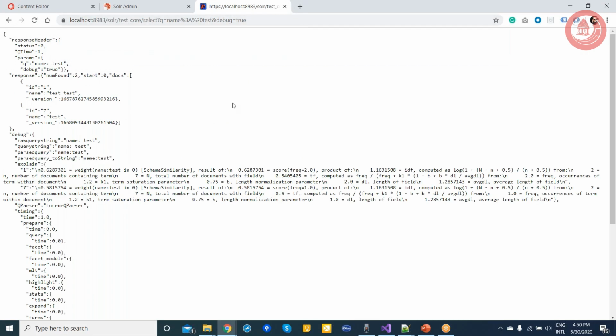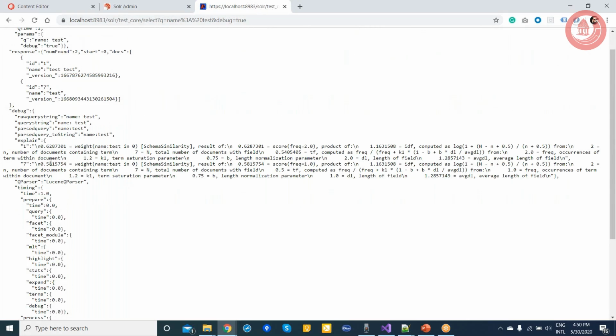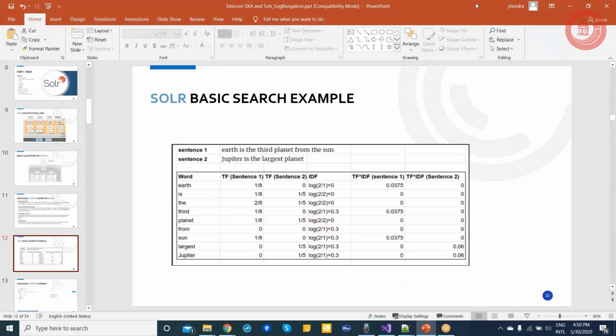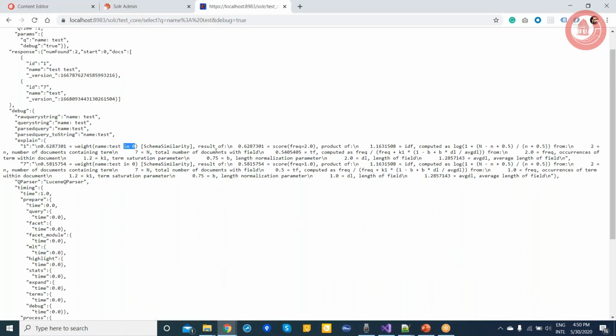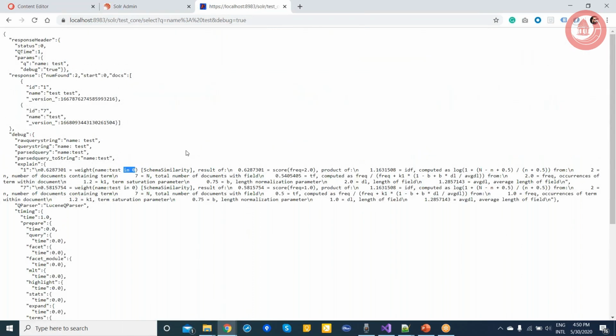Then you would see how it actually calculated all this ranking internally. It explained how it gave you the weightage. The name was best in the 0 document, which I was showing you here. And then it gave some weightage on the query. And based on that, it provided the results.